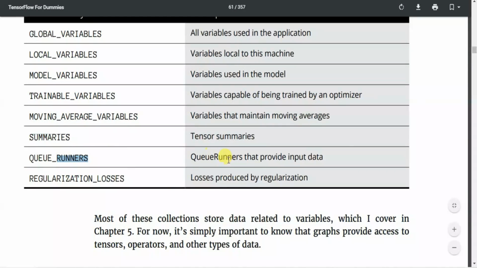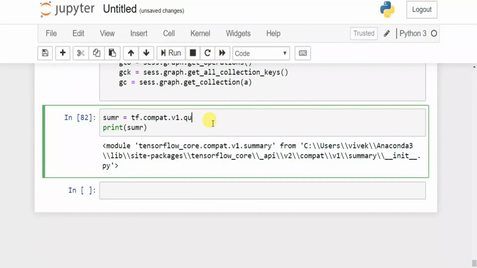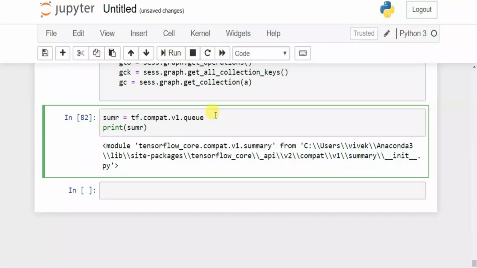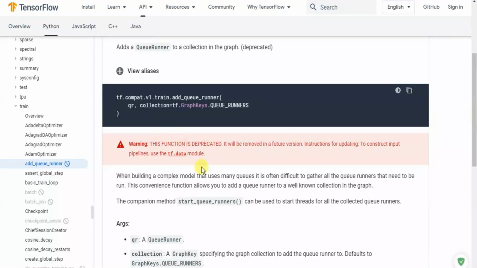So there is no function like queue runner, so we can't use that function because we don't have it. In the official TensorFlow site, you can see this function is deprecated. It will be removed in a future version. Instructions for updating: to construct input pipelines, use tf.data. Okay, so let's remove this. We're not gonna use this function.